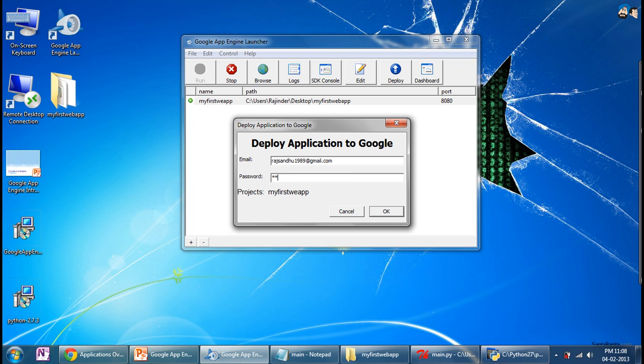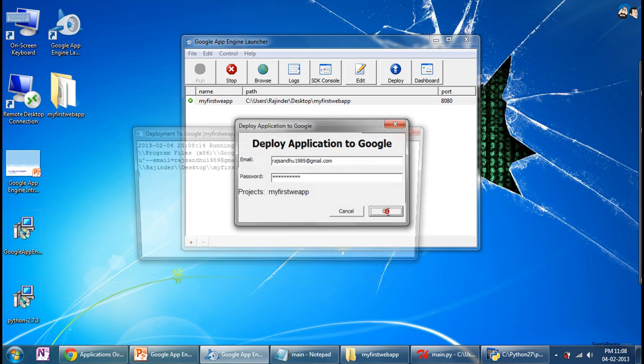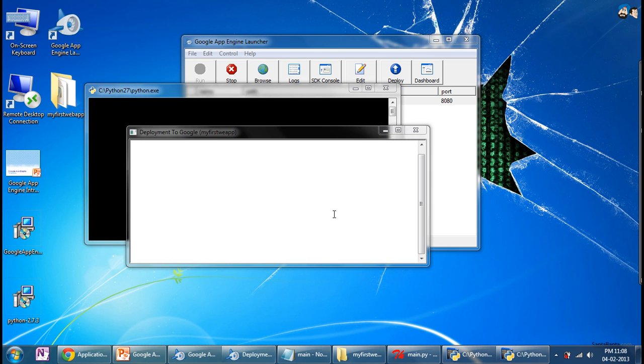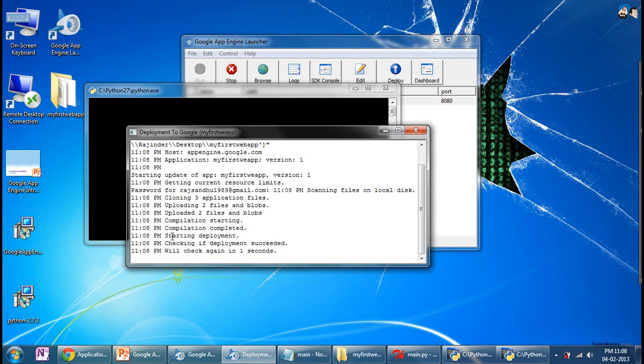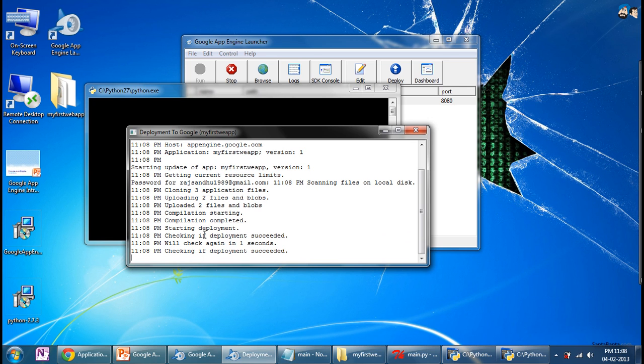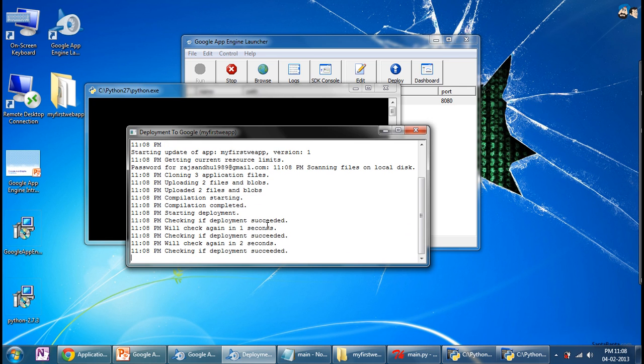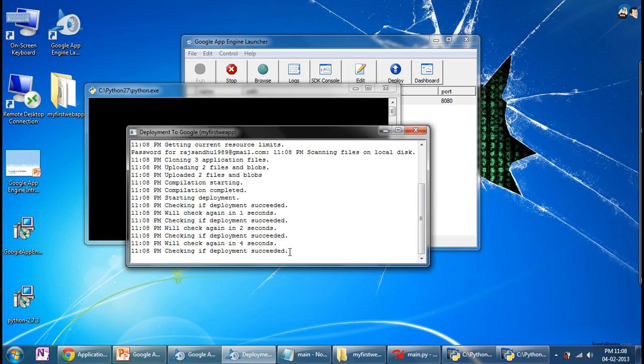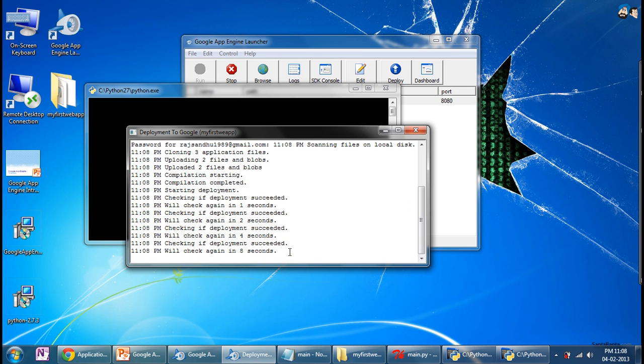and your password. It has started a deployment and deployment is done. It is checking whether the deployment succeeded or not. Again it's checking. Let's just pause the video and give it time for completion.